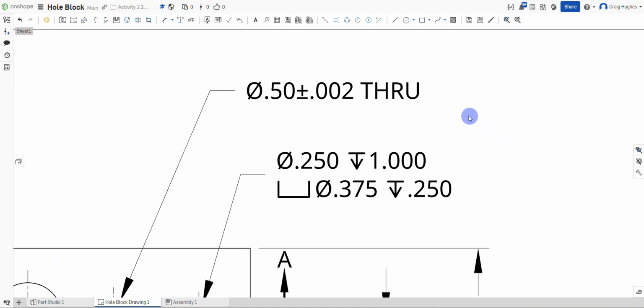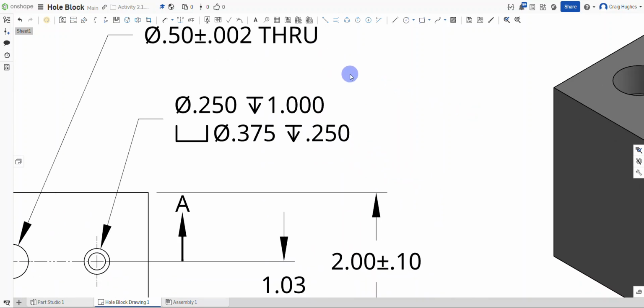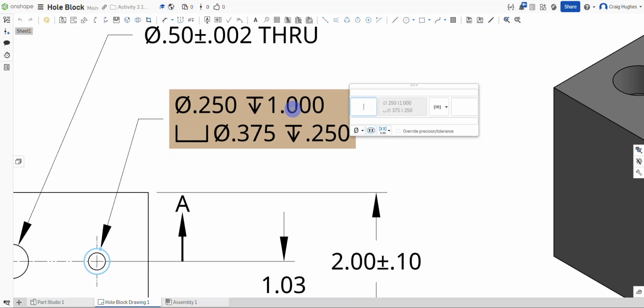And there's going to add our tolerance. The last one we're going to look at, specific tolerance at least, I should say, is this hole note. Everything else looks pretty good. If I just click on Override Precision and Tolerance, select the portion which is the counterbore diameter, we want to go ahead and apply a tolerance